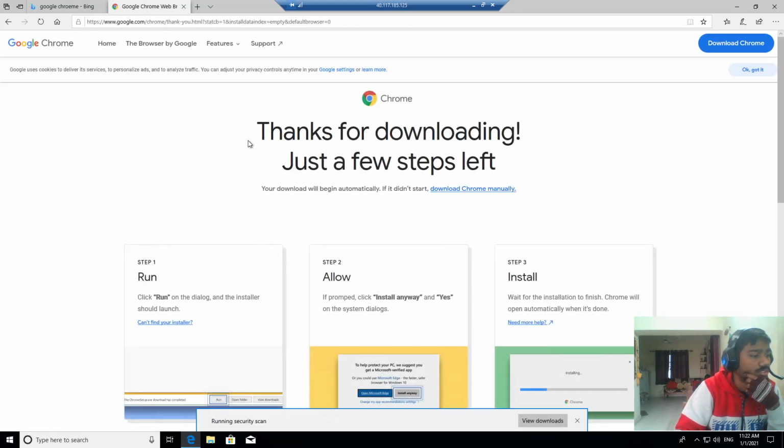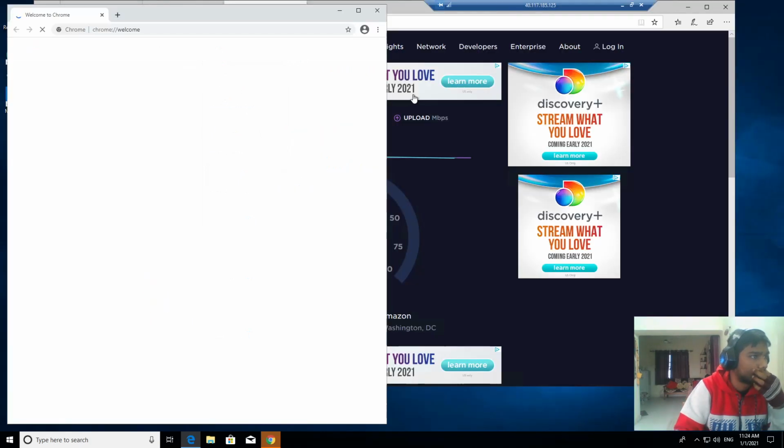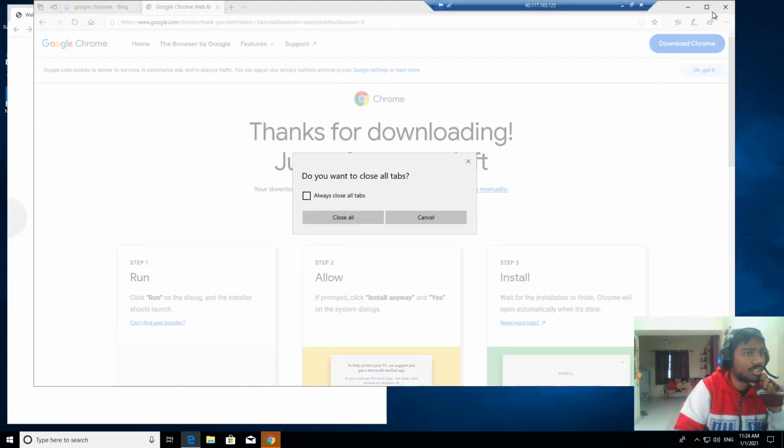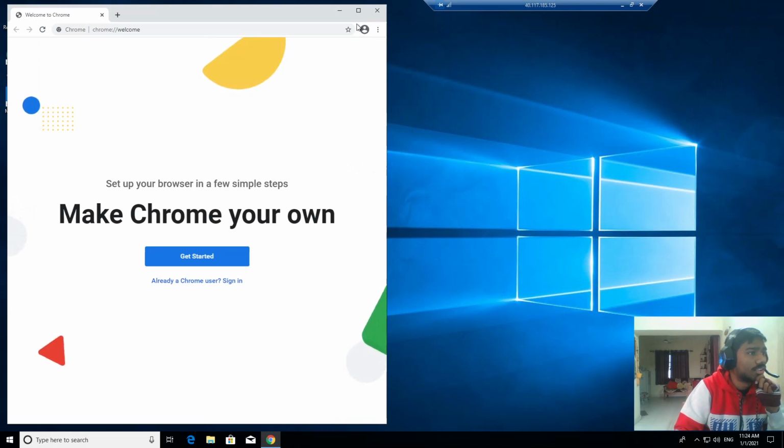Run the file. So let's close this browser. Now we are in Chrome.